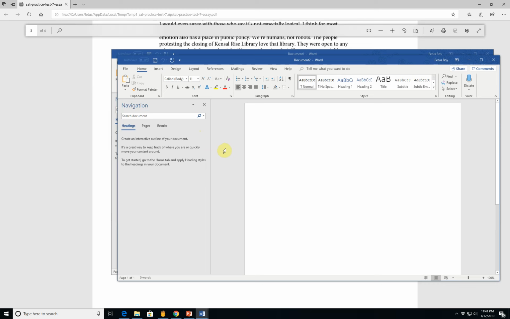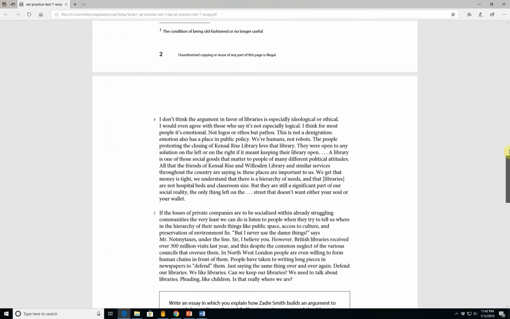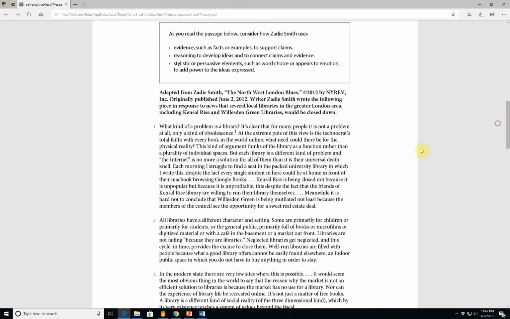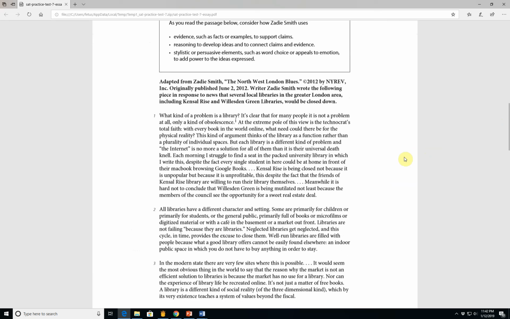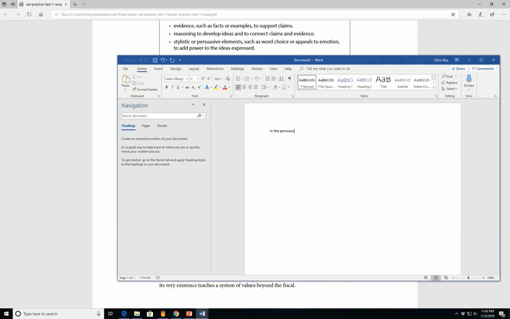And so this is going to be kind of the same generic introduction you could always do. So in the persuasive essay, The Northwest London Blues, writer Zadie Smith